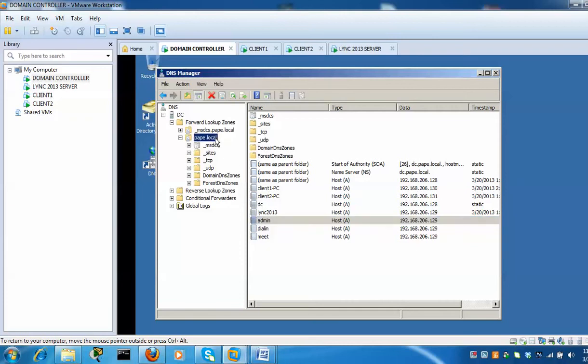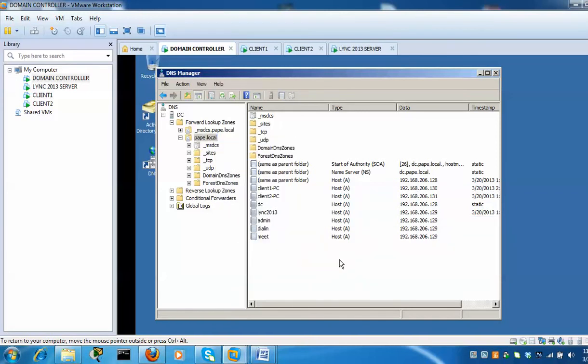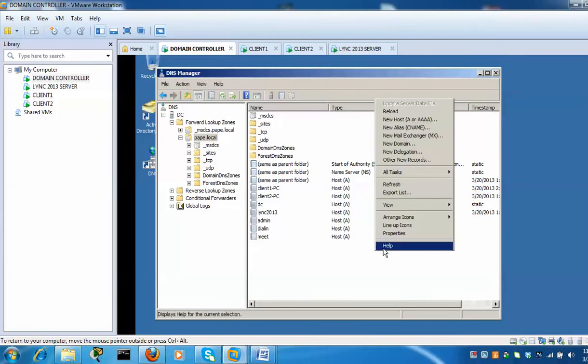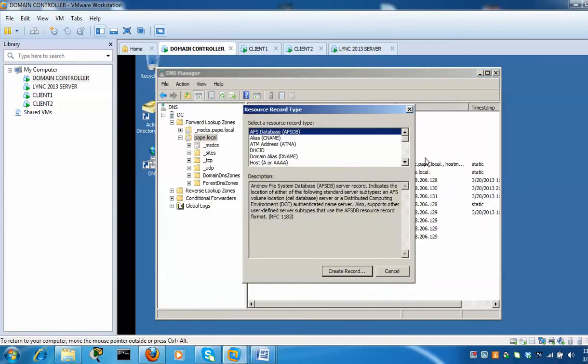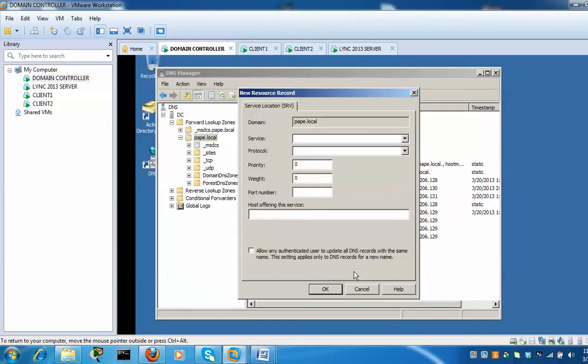So here, as you can see on my domain name, if we right click on it, we can say here other new records, or if just here right click in here, you can also create some other new record. We're gonna create it. Okay. And then here, if you scroll down, you'll see service location SRV. So we click on create